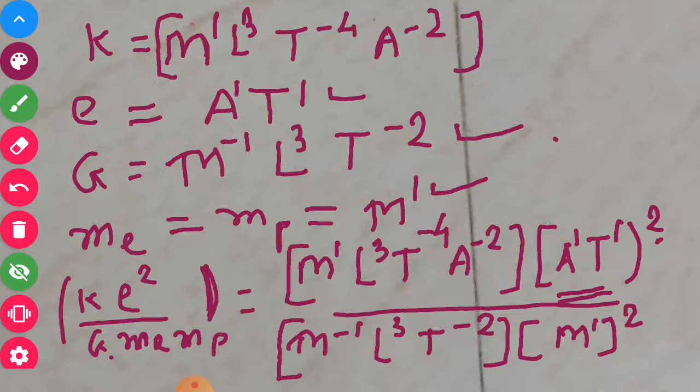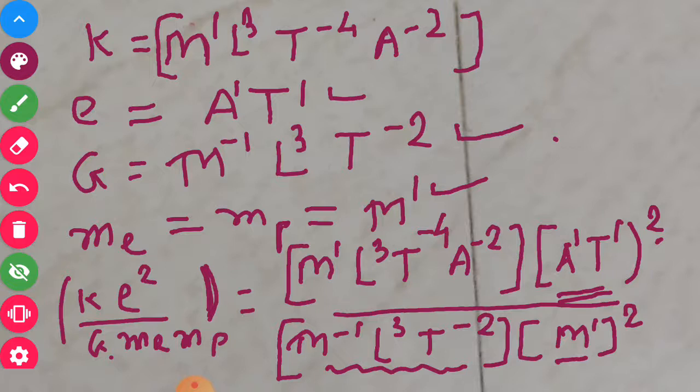Then instead of G we can write M⁻¹L³T⁻², and instead of Me and Mp we write M¹ twice, or M¹ into M¹, that becomes M². Now if you simplify this, all these dimensions will be